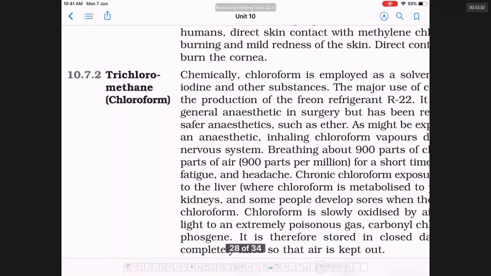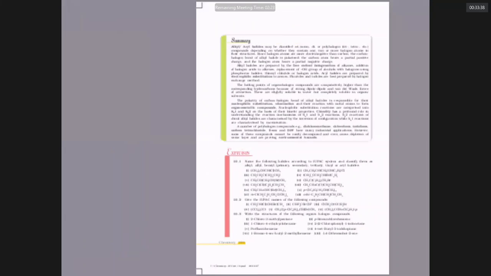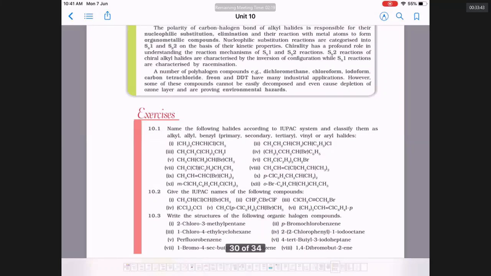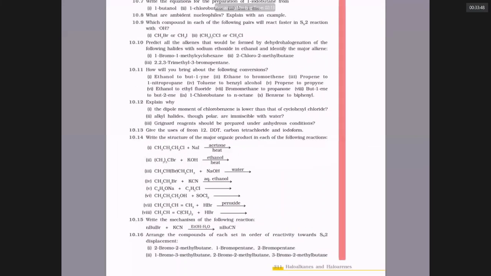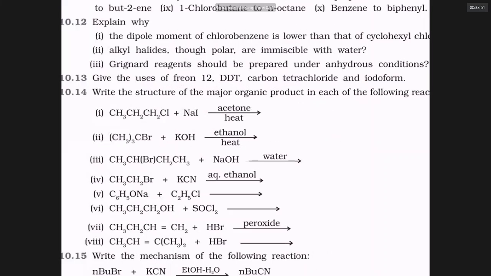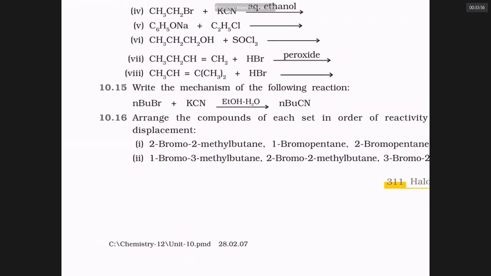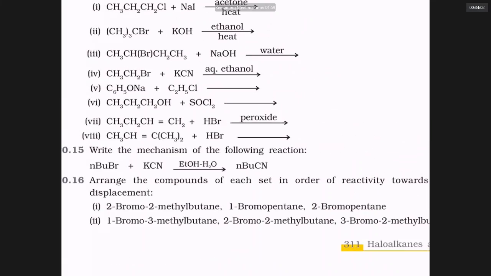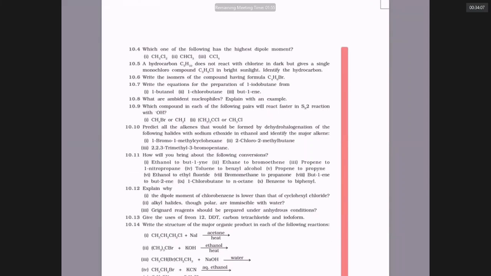Try to be familiar. I want you to read the lesson thoroughly and post all your doubts related to the questions given at the end of the lesson. Your homework is to do as many as possible from 10.1 to 10.16. I will myself present the answers and upload them. You can compare the answers with your answers. All of you complete this lesson without fail and ask your doubts by tomorrow. Tomorrow is the last day for this lesson.